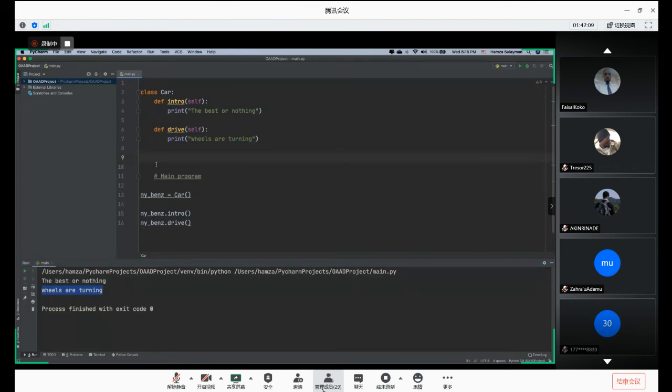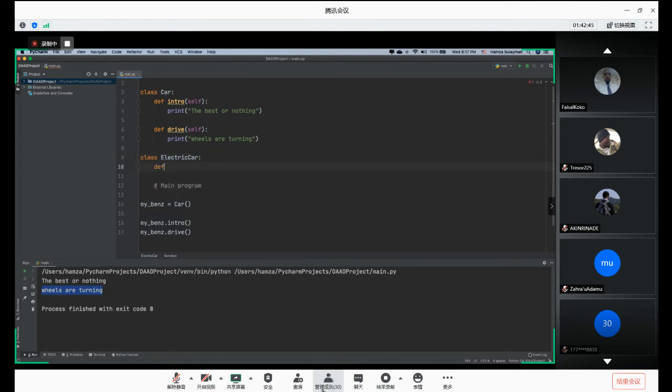So this is one class, the main class. I'm going to go for the second class, which will inherit something. Let's say we decided to create an electric car. An electric car is like a car, but it has something different. So I will go to class, okay? ElectricCar. When you have two words in a class name, you use what they call camel case, so each word starts with a capital letter. So with this one, ElectricCar,